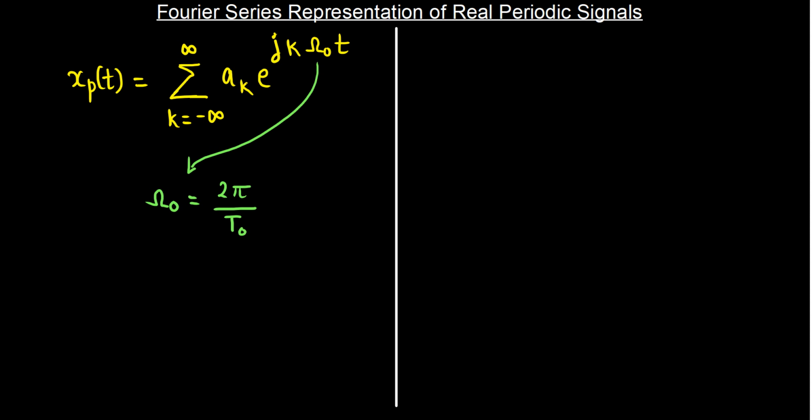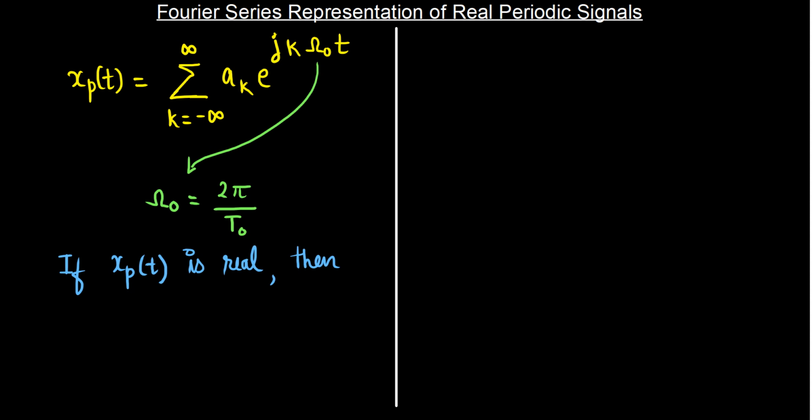Now we all deal with real signals in the real world. So let's try to see how this expression turns out to be if the signals are real in nature. That means if xp of t is real, like a cos signal or a sine signal or any real signal that we want to approximate using Fourier series, if xp of t is real, then